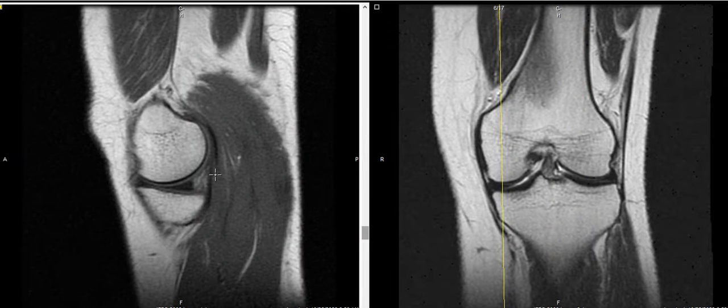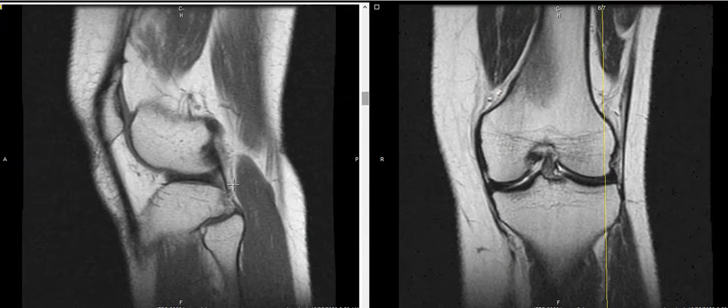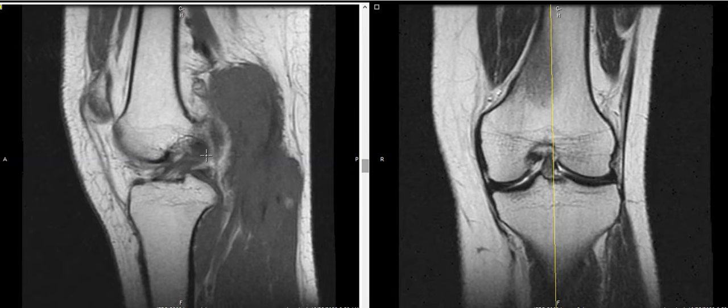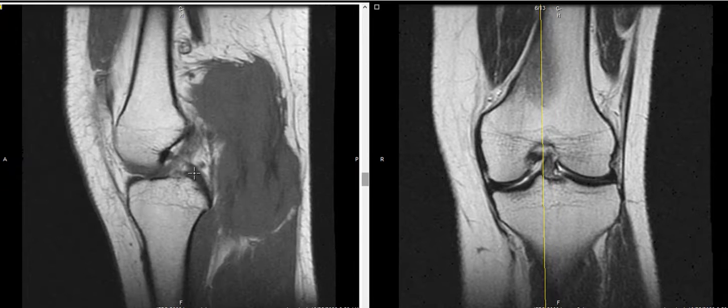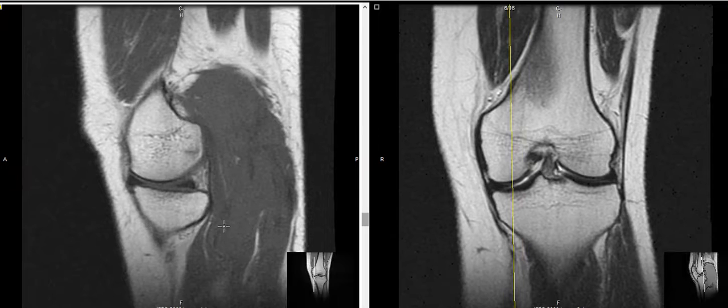If we roll to the medial side of the knee, this looks fantastic. This is the medial femoral condyle, nice cartilage. The medial meniscus looks good. Same on the lateral side. Normal lateral compartment, normal lateral meniscus. ACL looks good. So the knee joint looks fine, but in the back here, we see the medial gastrocnemius muscle